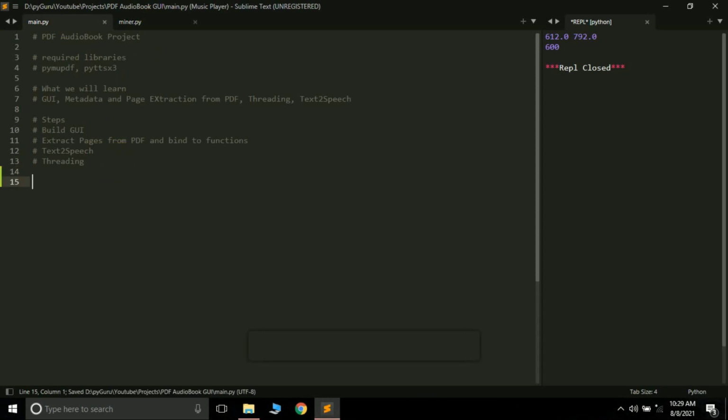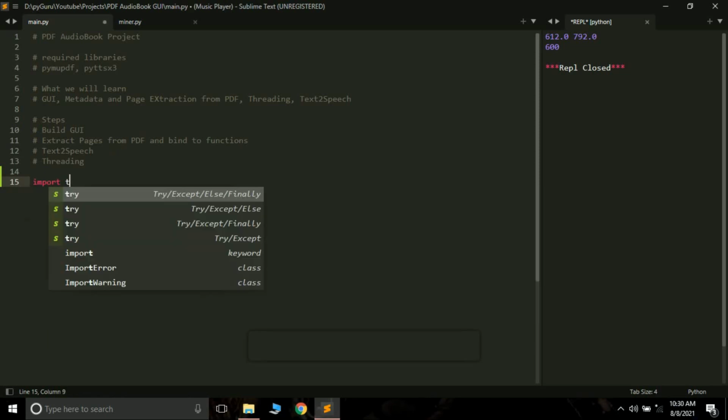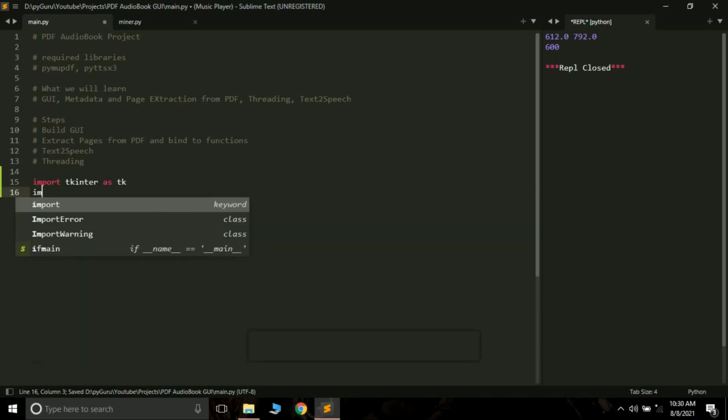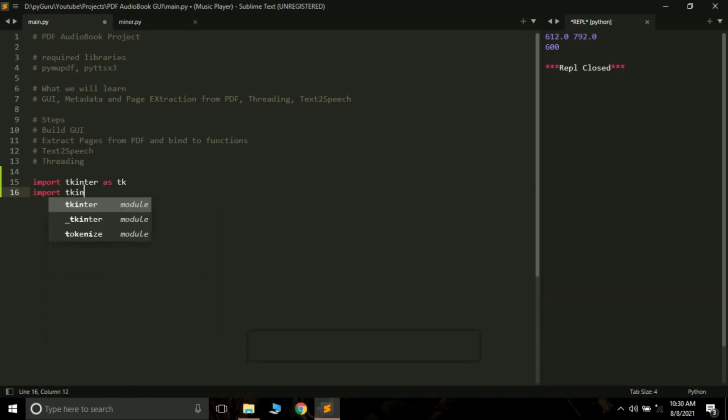First of all, let's import some modules. I'll be importing modules as per the need and will not import everything at once. First we need to import tkinter, so import tkinter as tk. The next thing is import tkinter.ttk as ttk.